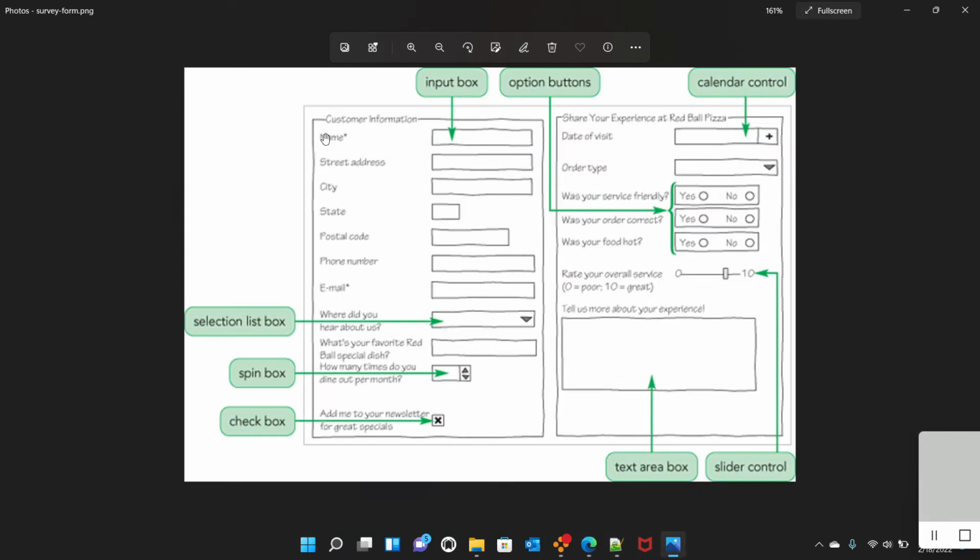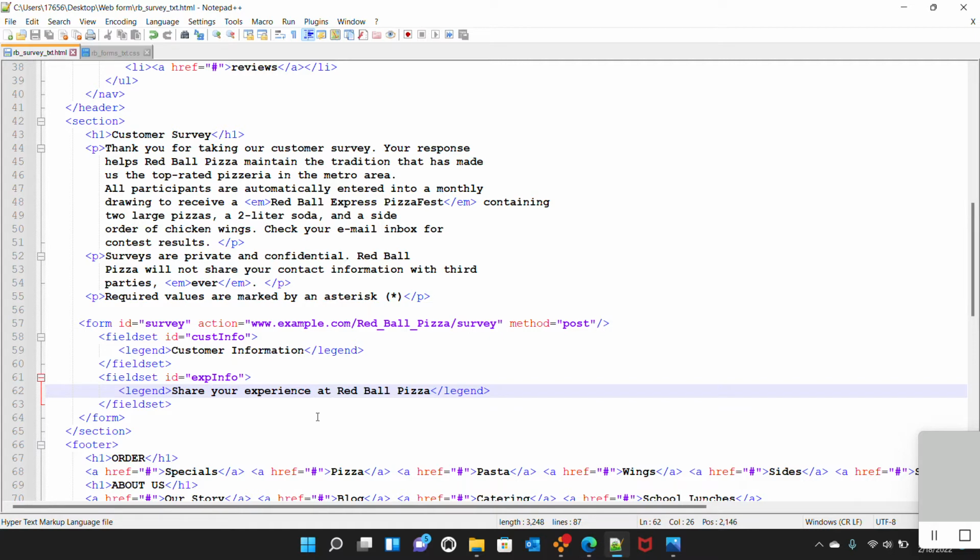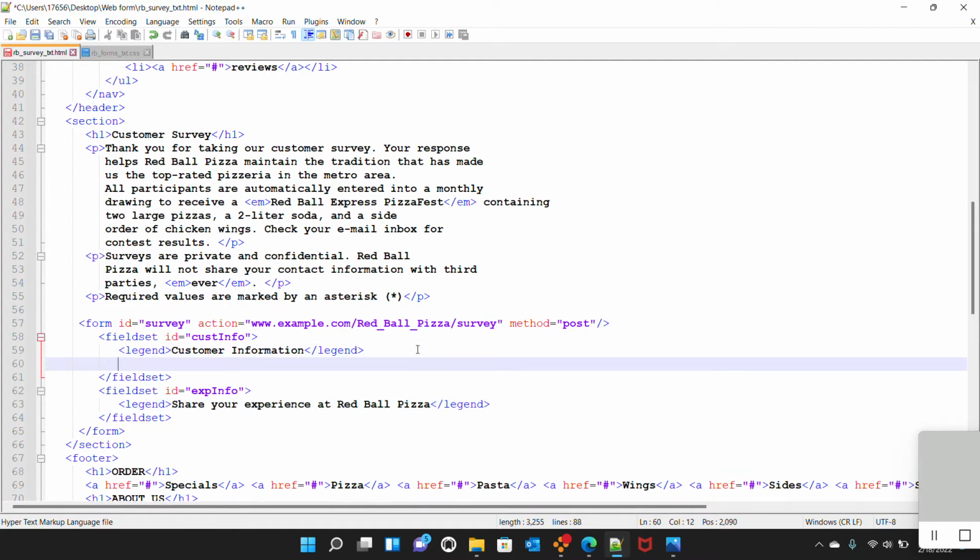So now we have to define these fields and populate our field sets with these controls. For this project, we are going to add these controls from name to email address, and in the next project we will go over other controls. So first we will start with name, street address. Inside the first field set, after the legend,